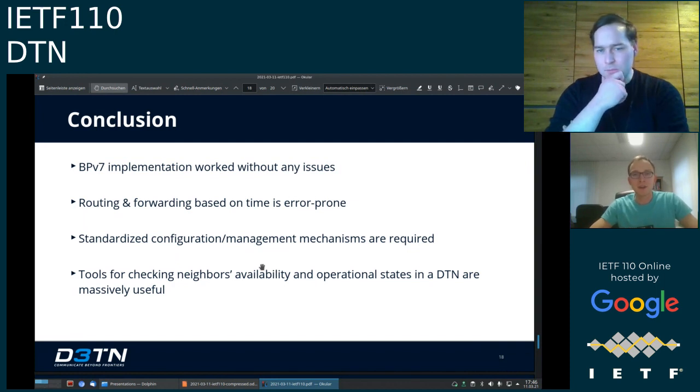However, what we identified as an issue is that routing and forwarding simply based on timestamps is quite error prone. So in this experiment, we had no mechanism to notice that the actual link to the satellite is up, and so that our bundle protocol implementation can react to this. So the forwarding of the bundles purely occurred due to the timestamps. And of course, for this, you need a very accurate and precise clock synchronization,